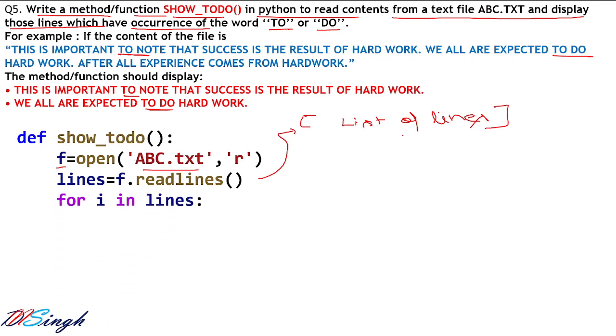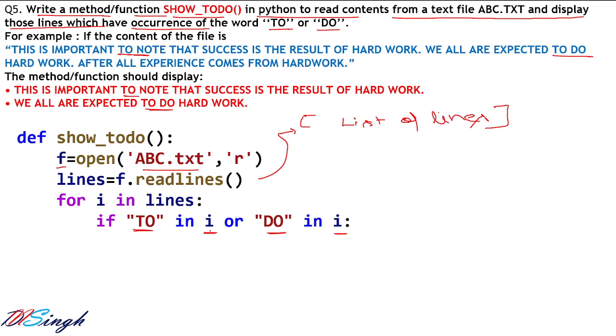So we use a for loop, for i in lines, meaning i will have one sentence at a time. Now our job is to check whether "to" or "do" is present in that particular line or not. How can we check? For that purpose we have the in operator, called the membership operator. It checks whether the substring is a part of this string. And we have or for combining these two conditions, so if either condition is true,